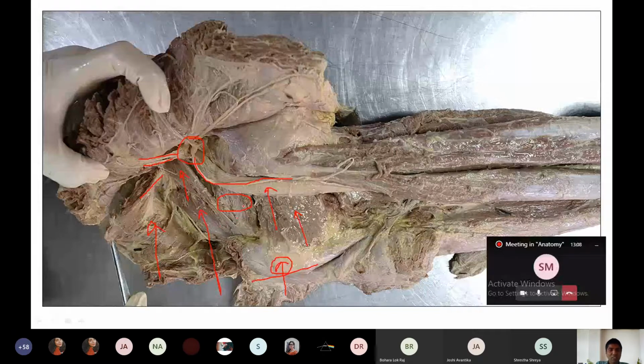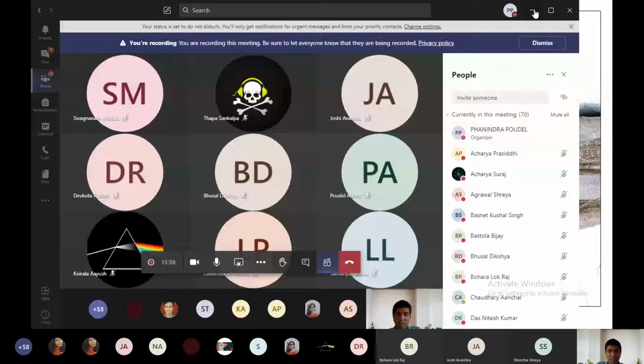Here you can see obturator internus and gemellus muscle. They are coming here, and even piriformis also coming into this bone, and even this quadratus femoris also coming here to attach or insert into this bone, or closer part of this bone. So this must be the, can you guess, some of you? Trochanter. Yes, trochanter. Good. Greater. Good. This is the greater trochanter. Very properly identified. So this one is the greater trochanter.